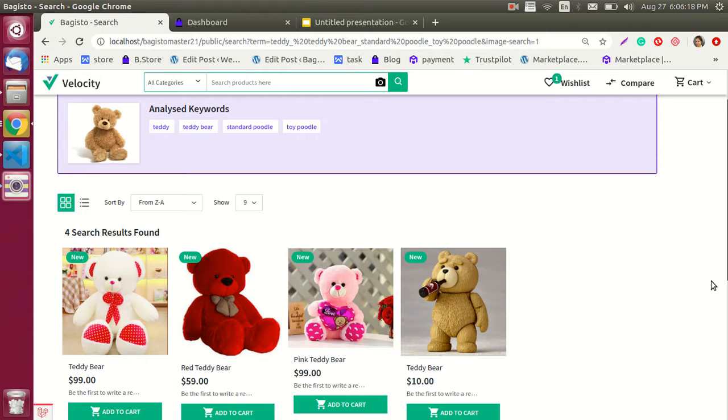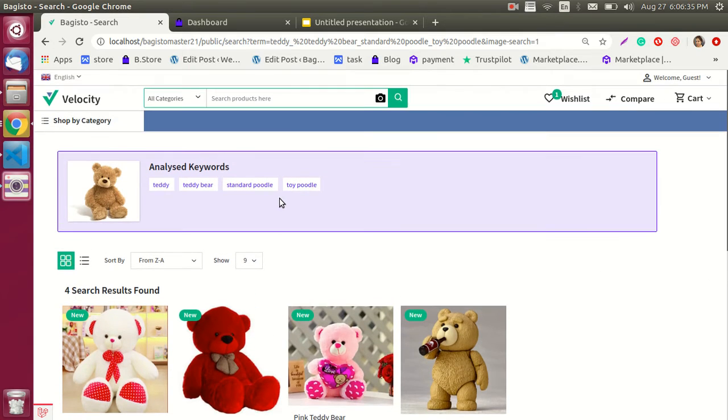They can upload an image, and the technology we have used here is TensorFlow, machine learning technology, so that we can give a customer a seamless experience for searching a product over your web store. Apart from these products, the customer can also find these analyzed keywords. If the admin of the store has any products related to these keywords, the customer will also find those products. Now let's click on this teddy bear.